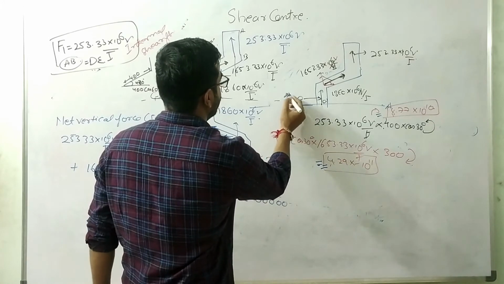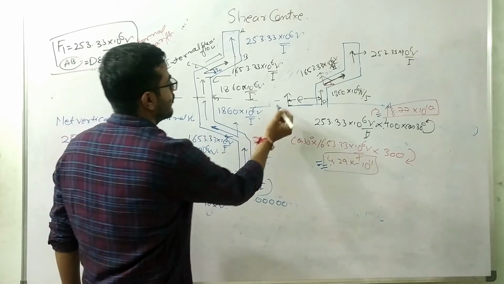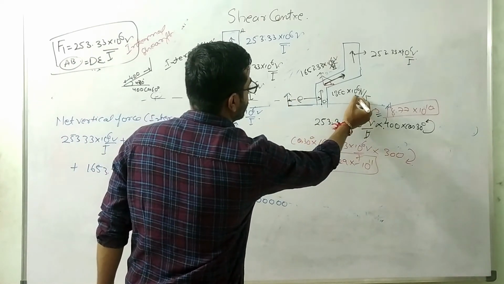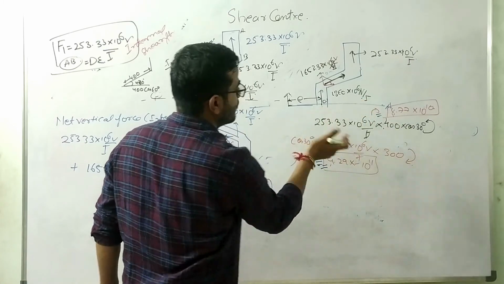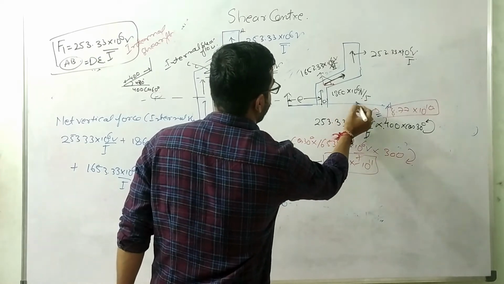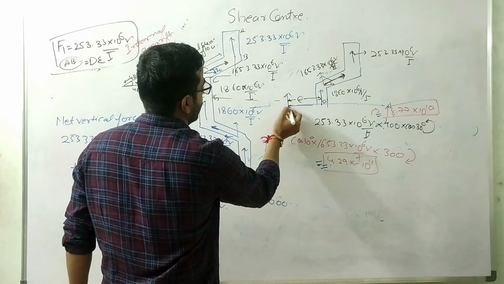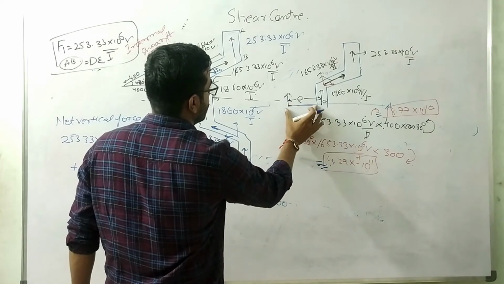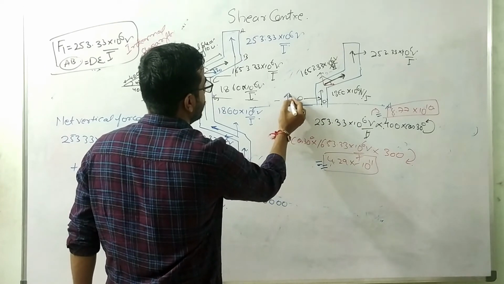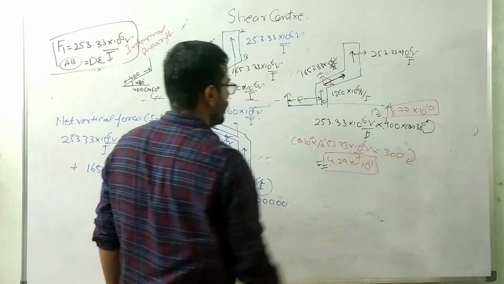Either it will be on this side or on this side. Okay. If my net shear force is acting at this point, the net shear force will be in the vertical direction, but the moment about this point will be anti-clockwise. So the shear center will not lie on this side. It needs to be in this location, in this portion only. Because if the resultant acts at this point, there will be a net clockwise moment about this point.